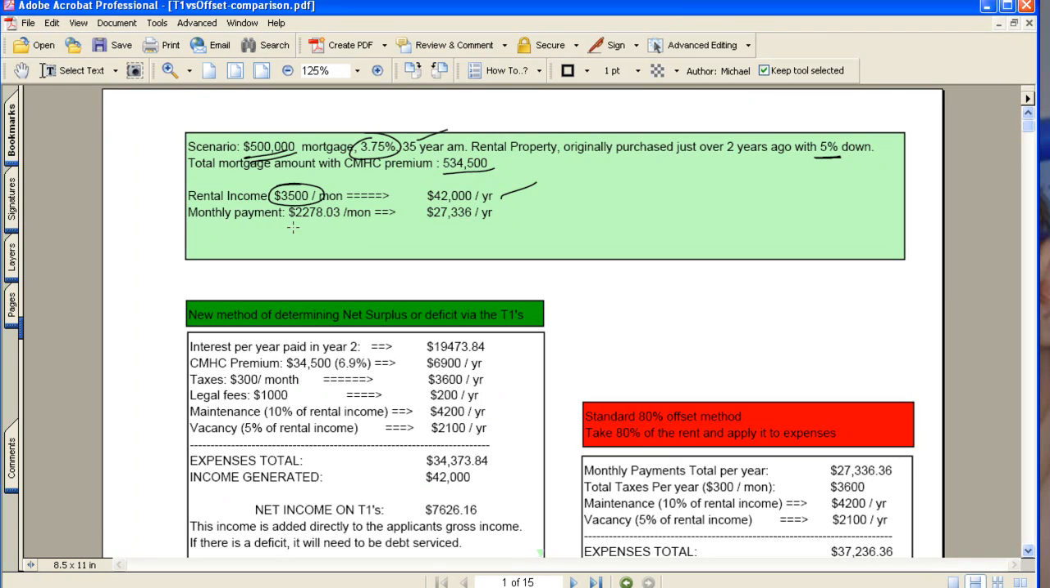The principal and interest payments on this loan amount would be $2,278.03, for an annualized total of $27,336 per year. Now, regarding the T1 method in determining a net surplus or deficit, we go by what we are able to write off on the T1s, which in all cases is interest on the mortgage. In this case, it's